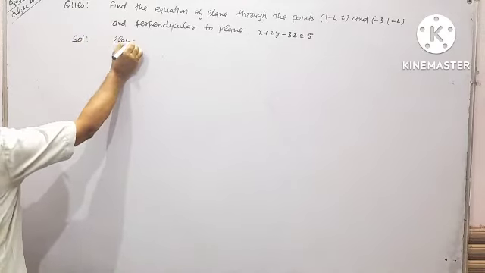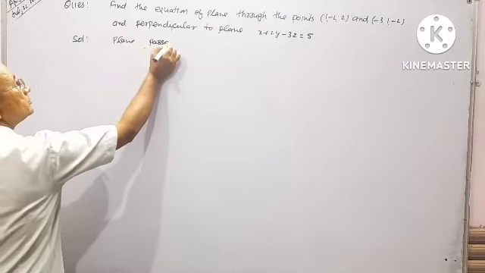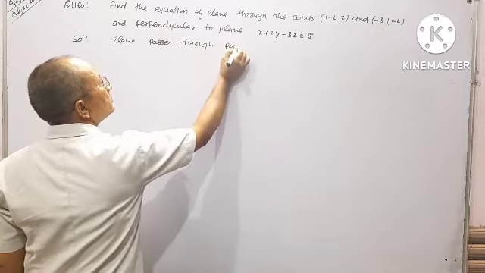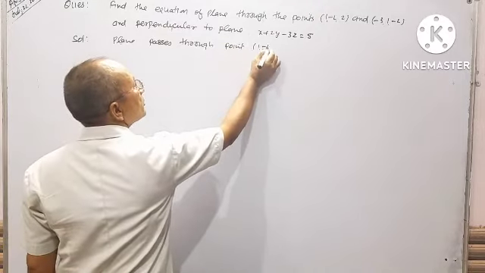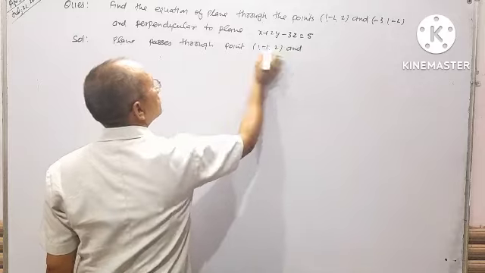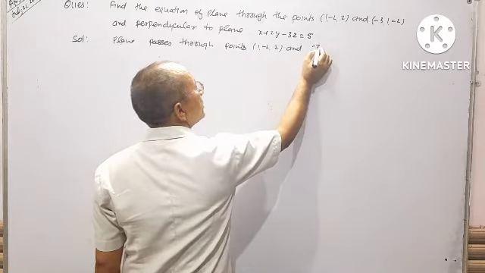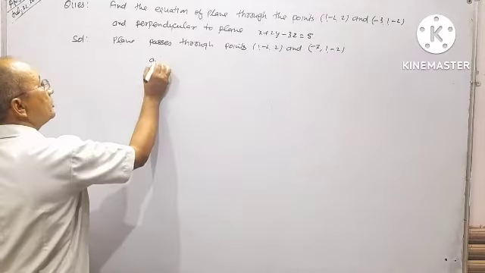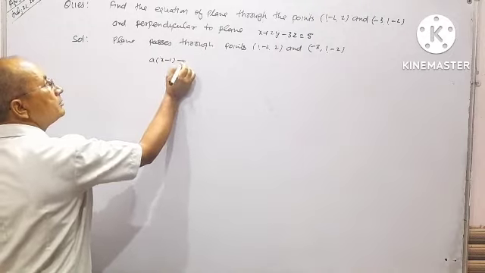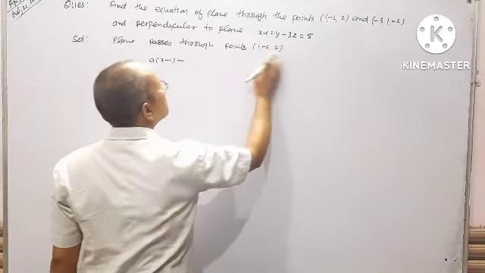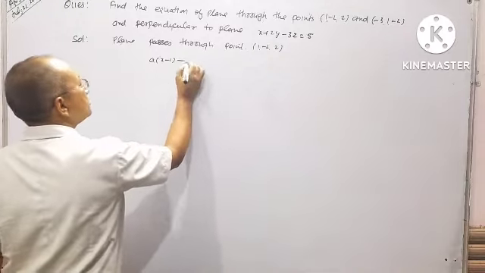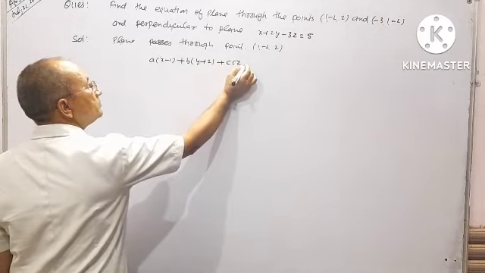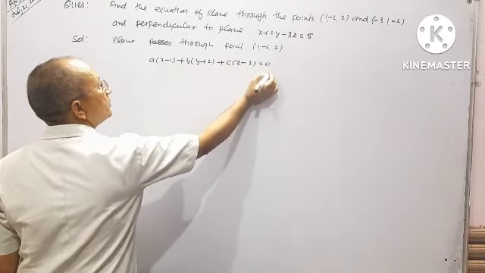Plane passes through the point (1, -2, 2), so a(x - 1) + b(y + 2) + c(z - 2) = 0. (1)